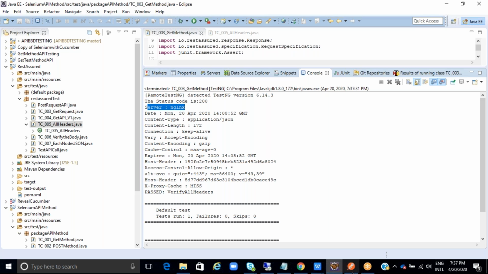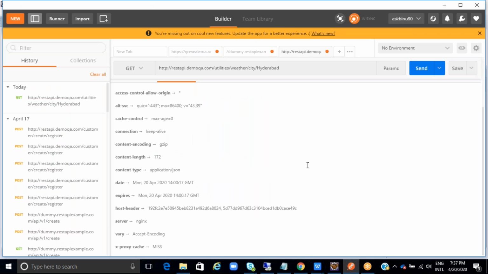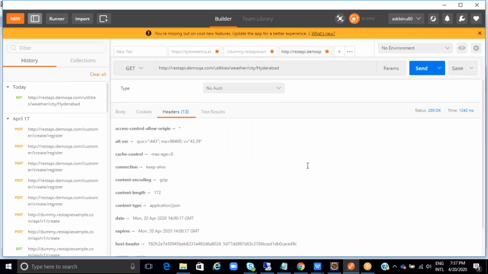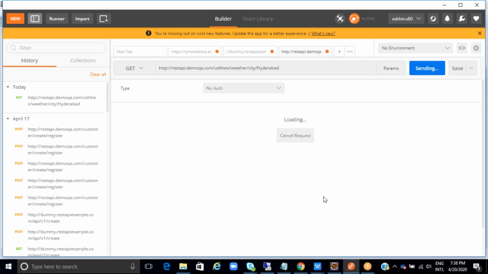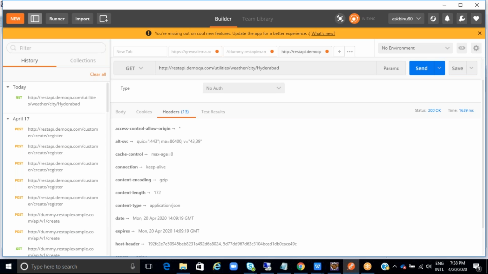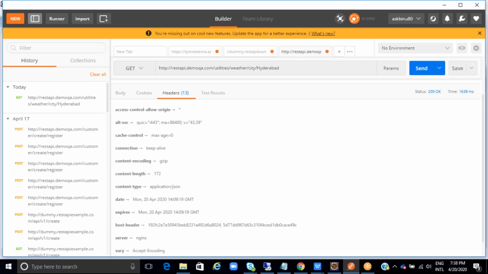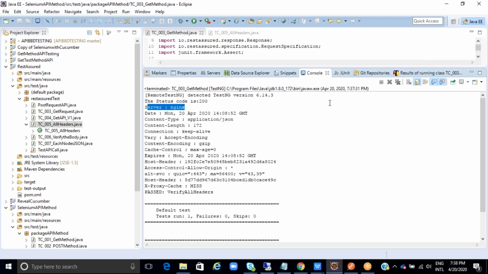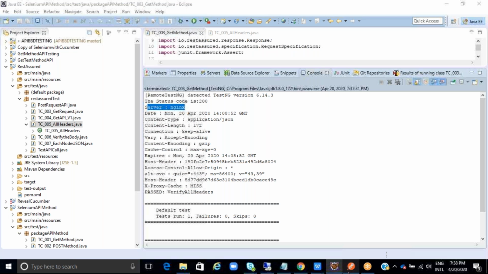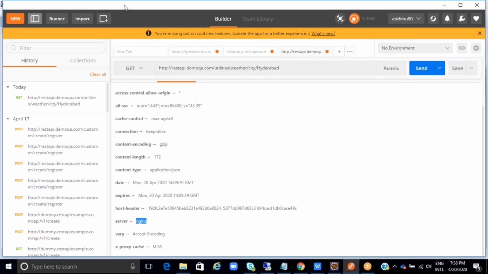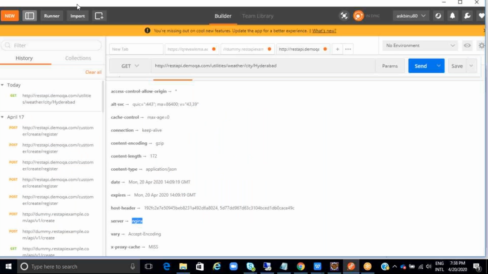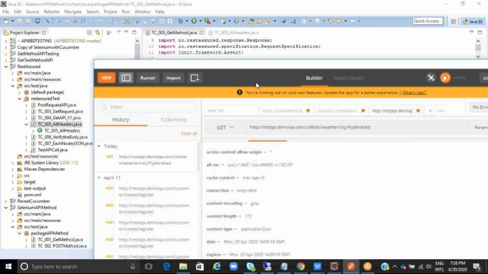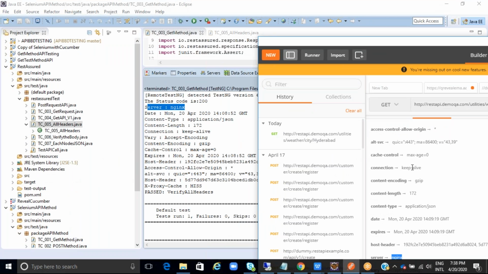Server nginx. If I go here, then let me verify. See, date,